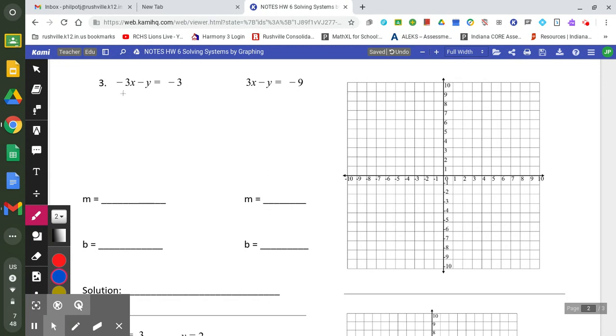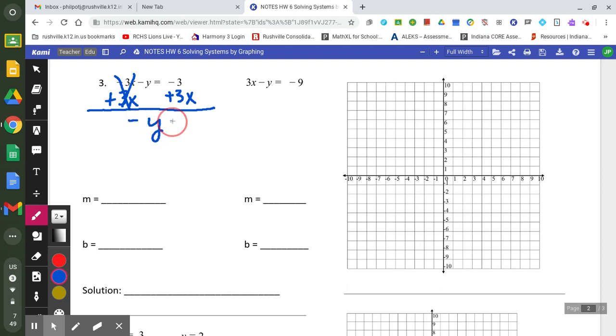Okay, on number 3, we have to do a little bit more work because these are not solved for y. So I'm going to solve for y. So I'm going to add 3x to both sides of my equal sign, which makes those cancel. And then I have -y equals 3x minus 3. And I cannot have a negative variable. So I need to divide by -1, everything by -1. So that leaves me with positive y equals